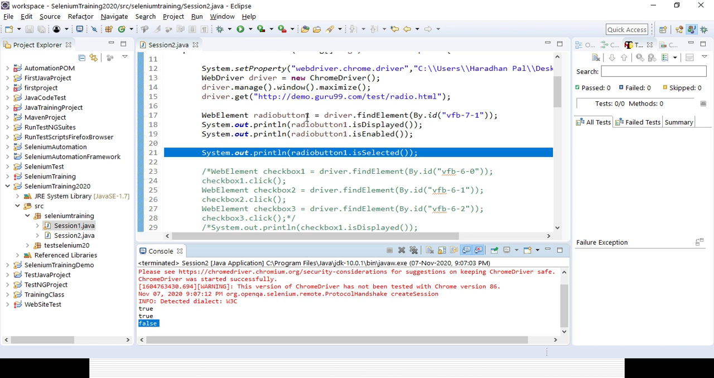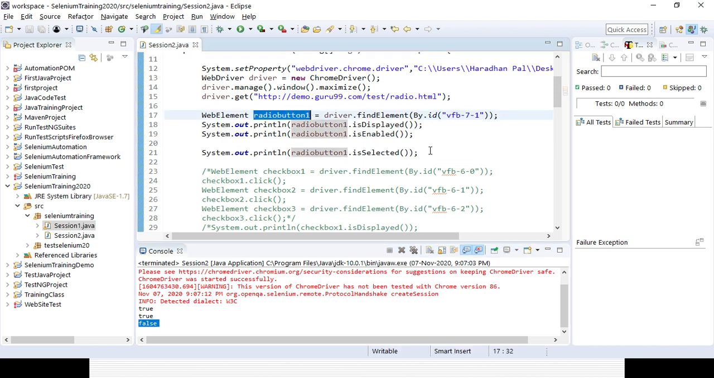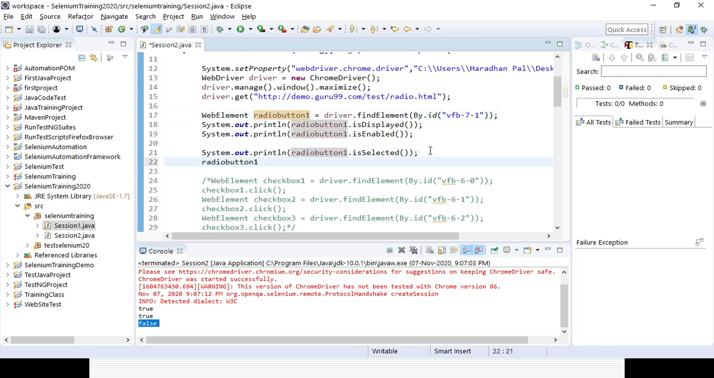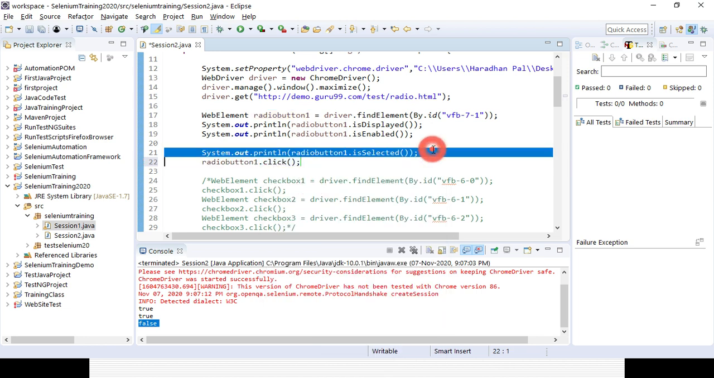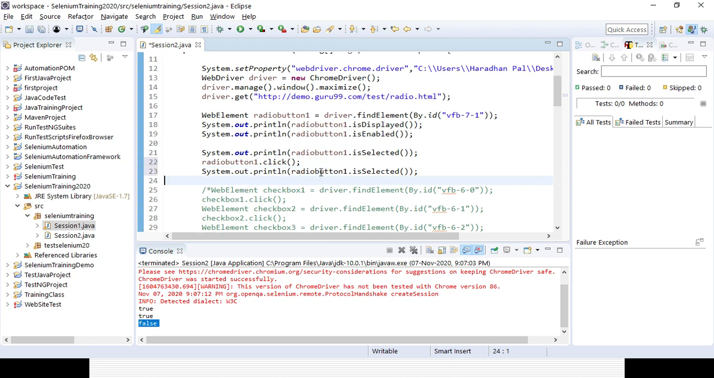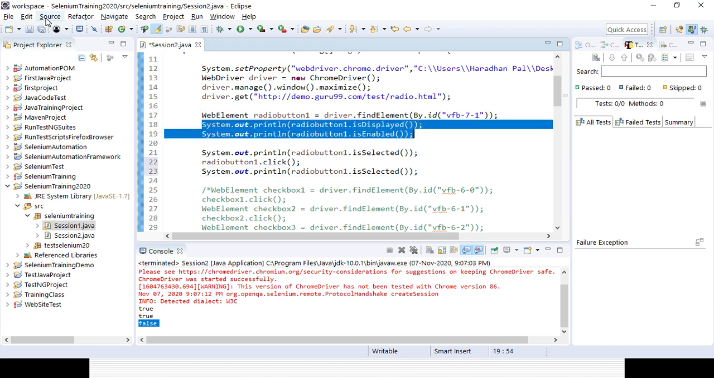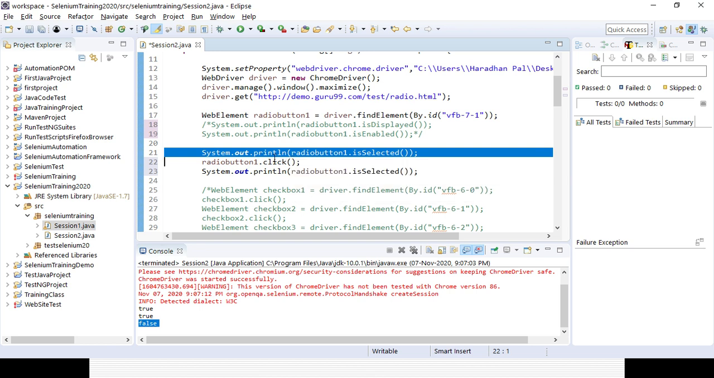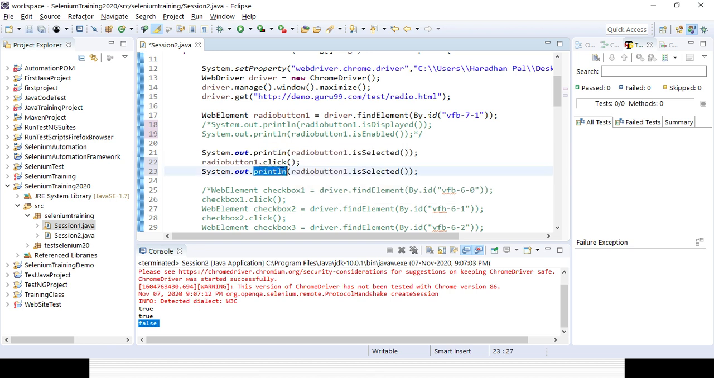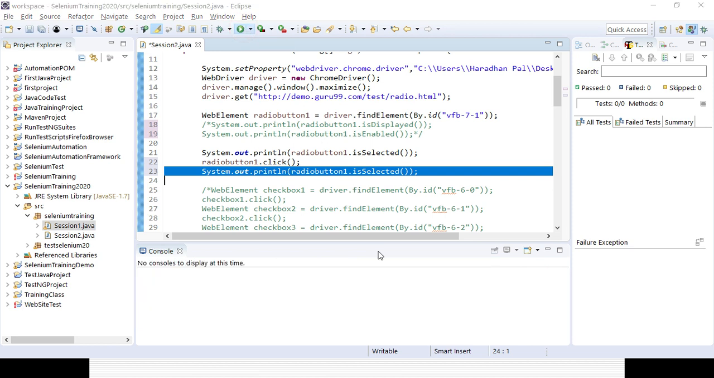So after that, if you want to select the option, you have to click it. And after that, if you want to check again whether it's selected or not, it will give you the true result. So let's comment out this line of code. I want to identify radio button 1 and check whether it's selected, no. After that I want to click on that, and then check isSelected, it will be true. So if I run the code,